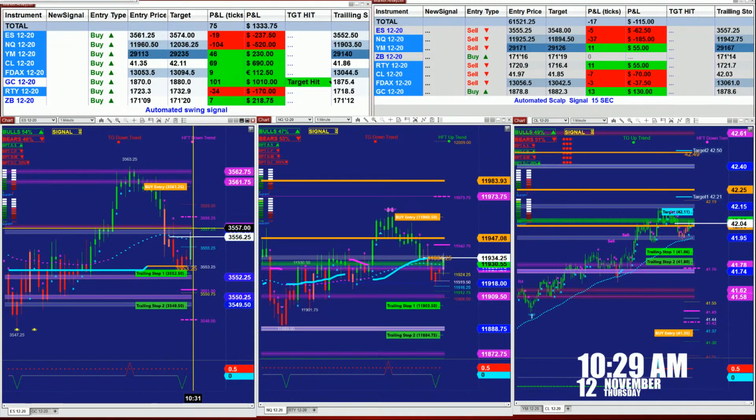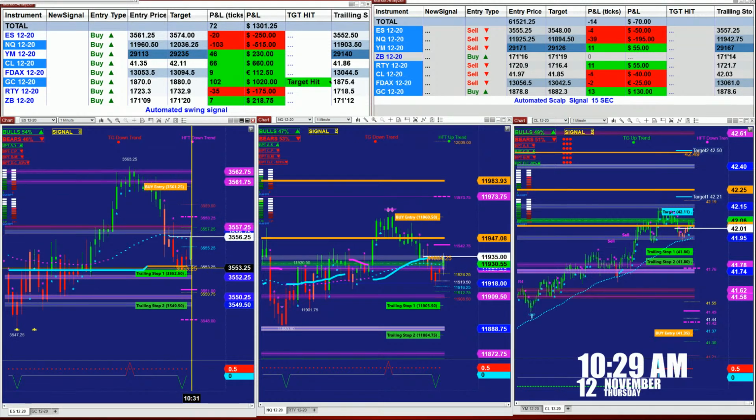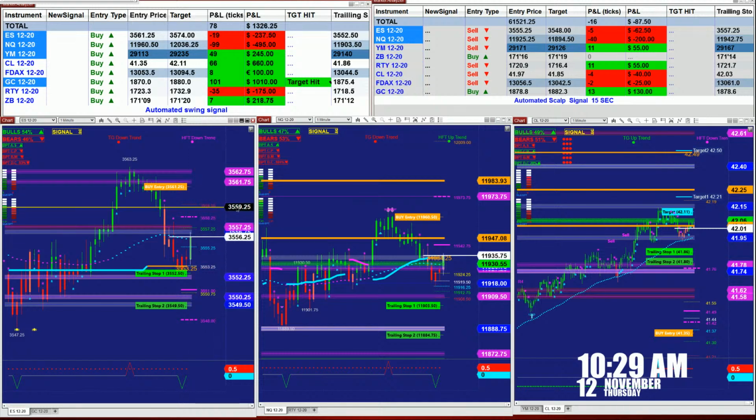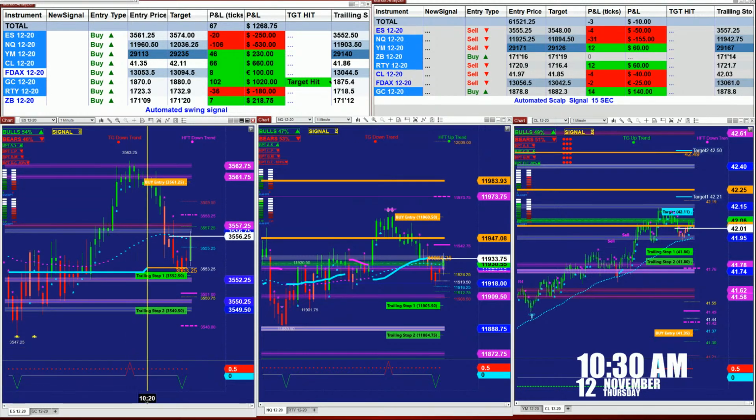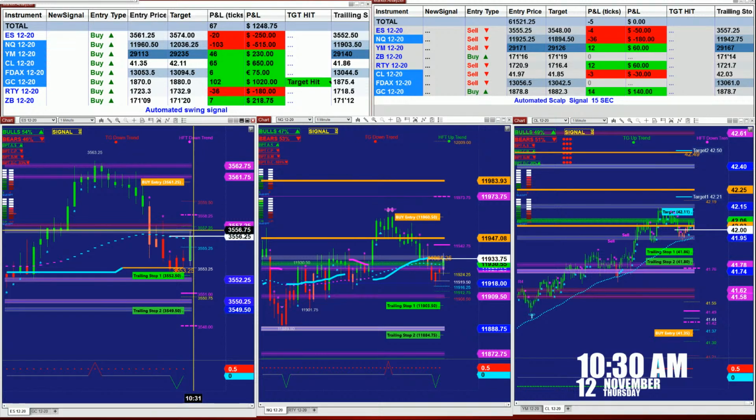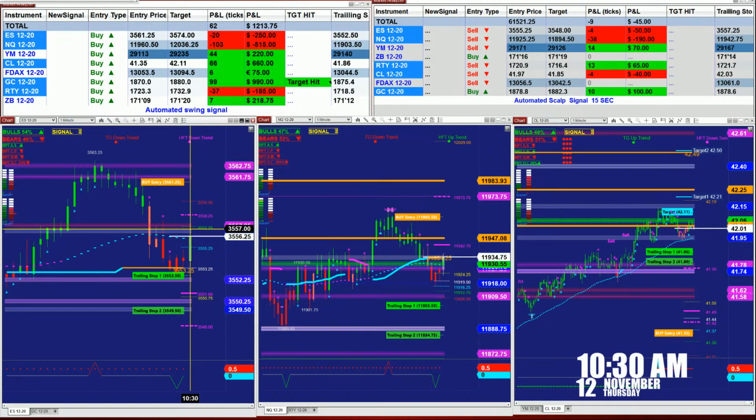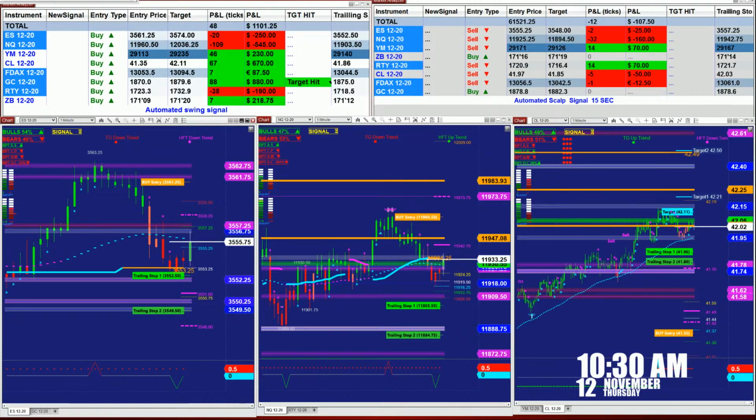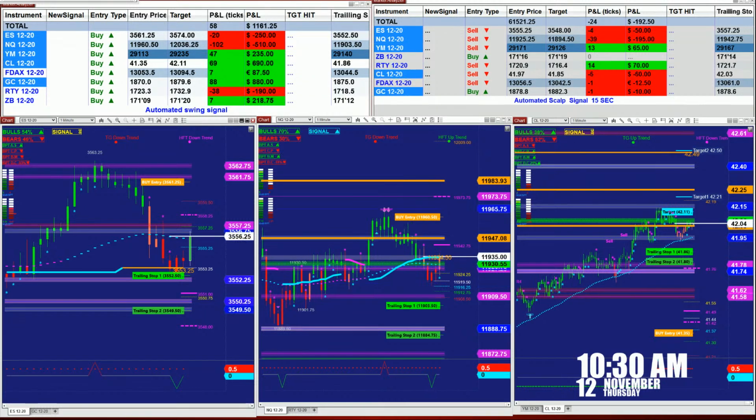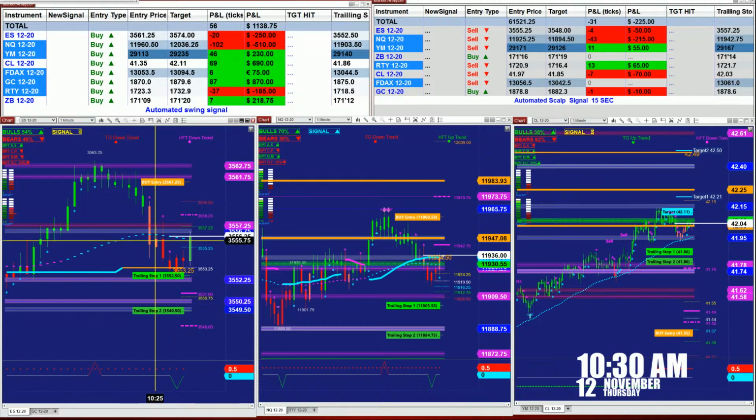So look, we said this is the pullback re-entry, and if we look at the resistance line, this is where the ES stopped, and this is where we said we're going to have a problem. Look where it stopped. Look where it stopped. Now, if they decide to break it,